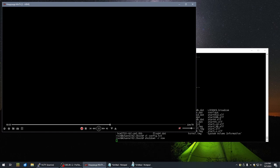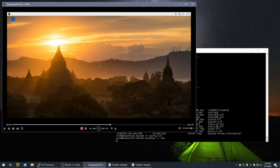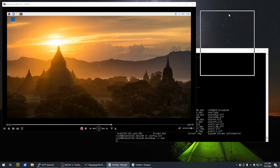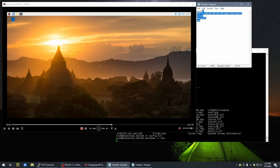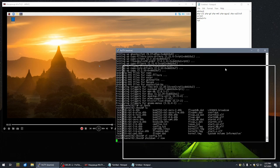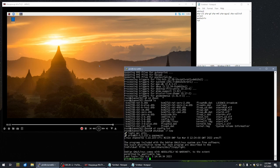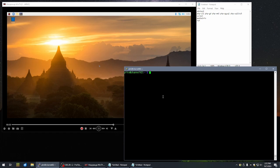Once we're back to that, then we're going to have to install some other software. Now, you don't need all this software. This is for my TV station. But here's a list of the software that we're going to be installing. And I will tell you what each of them does once we get them installed. So we're going to go ahead and restart our session. Log back in with PiTV and our password. And now what we're going to do